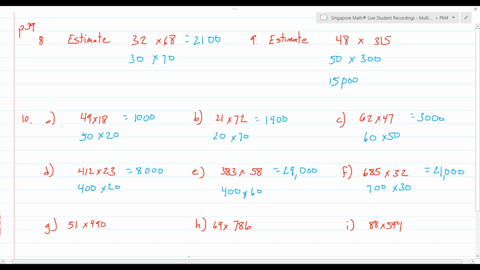That number is about 21,000. 50 times 500. 5 times 5 is 25, and 3 zeros make 25,000. 70 times 800. 7 times 8 is 56, and 3 zeros. Last but not least, 90 times 600 is 54 with 3 zeros,